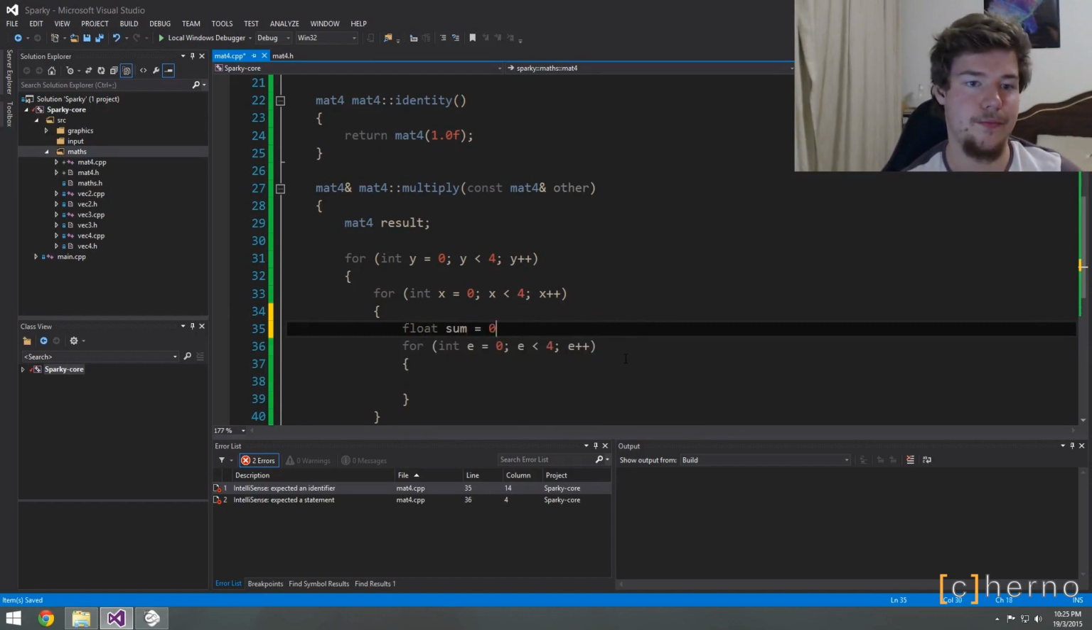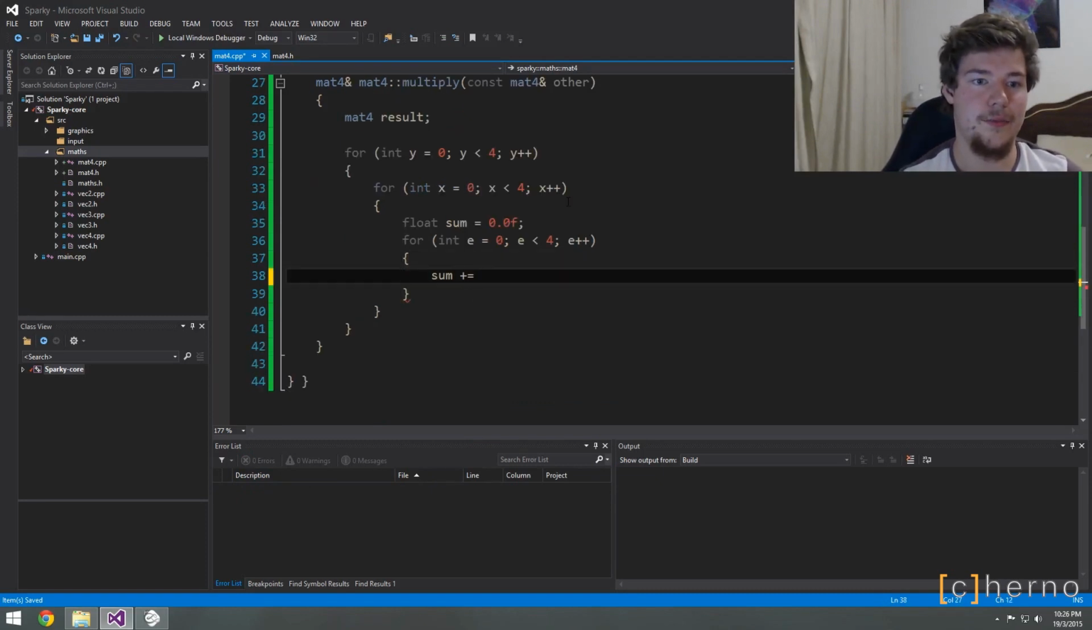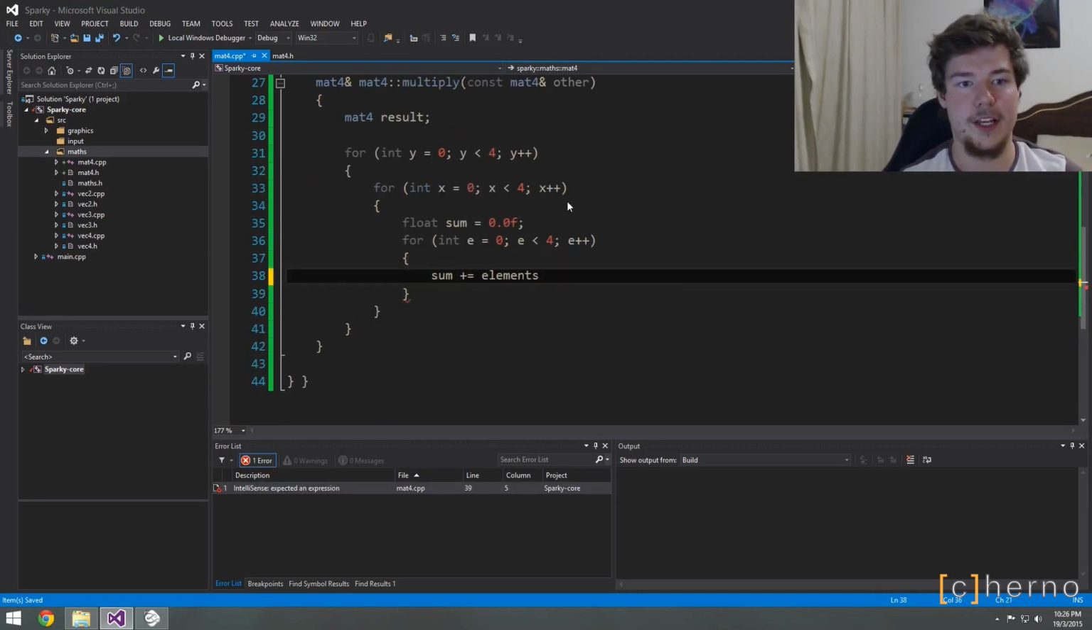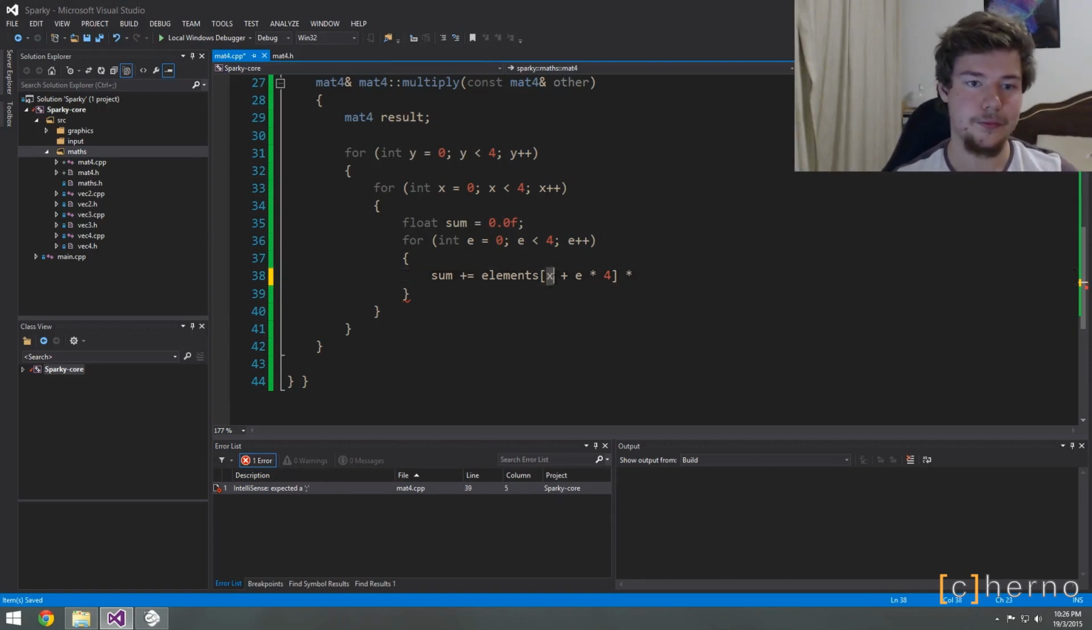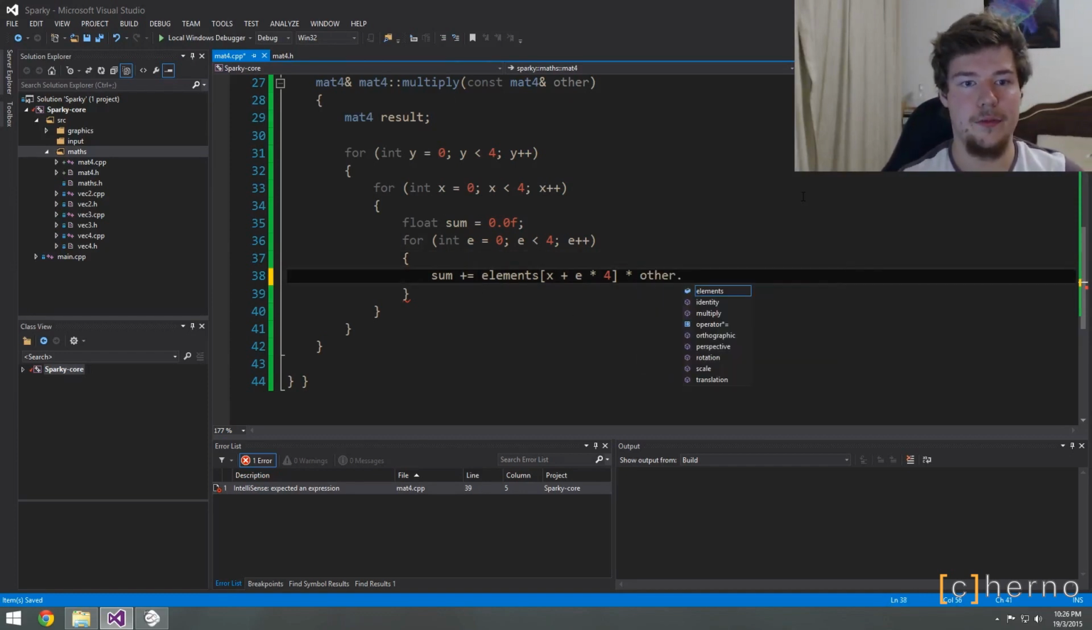So what it does is it has a sum, and then it says I'm going to add to the sum my elements at index x plus this element times 4. And to that, I'm going to multiply that. So x is our column, and I'm going to multiply our column by whatever the other